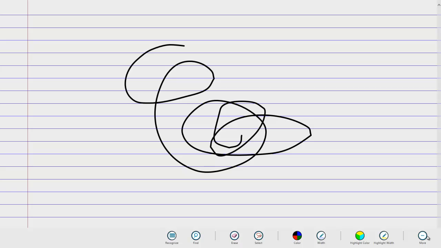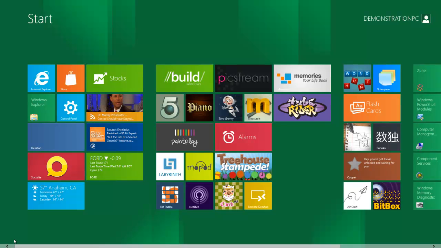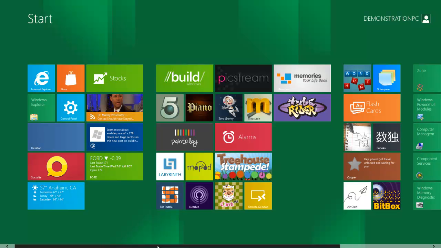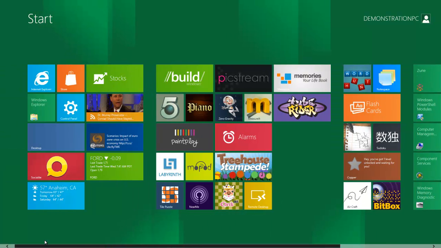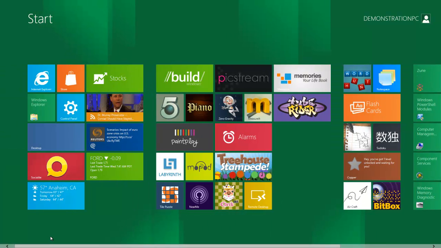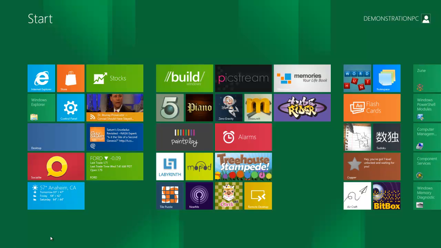But I think overall, Windows 8 has definitely got what we're looking for in an operating system. It really covers everything that we need to do with the operating system, and I think everybody that watched this video understands now that Windows 8 is definitely going to be a force to be reckoned with when it comes out as a full public operating system. And the tablets that are coming out for this operating system in the next year or so are going to be amazing. They're going to blow away any of the tablets that are currently out, because the Windows operating system really has what it needs